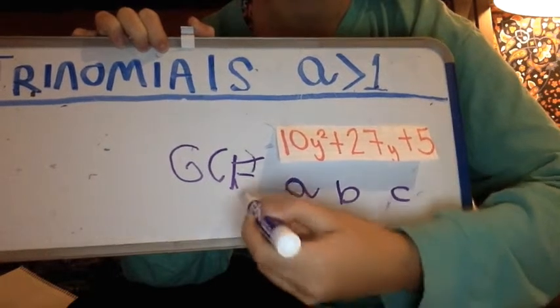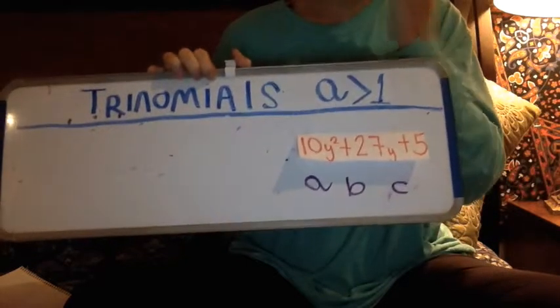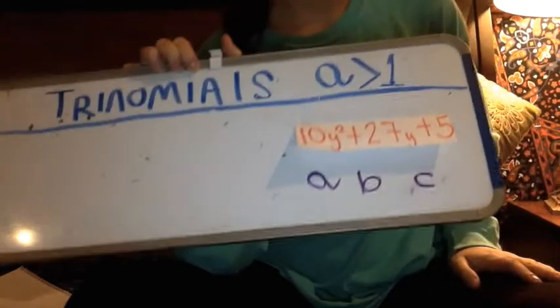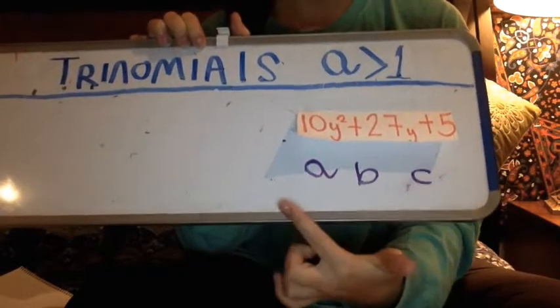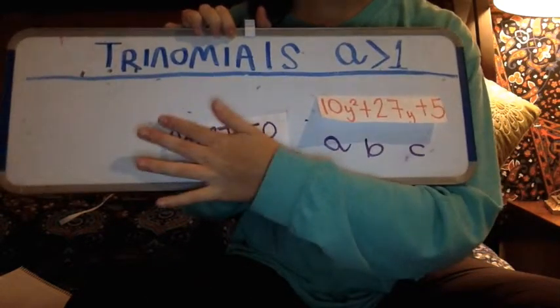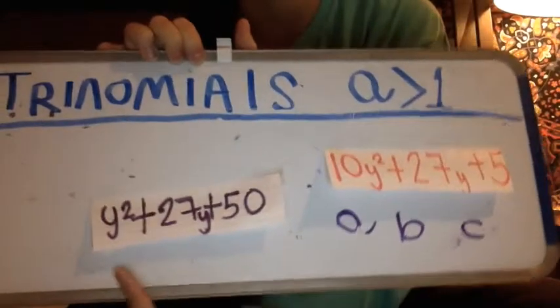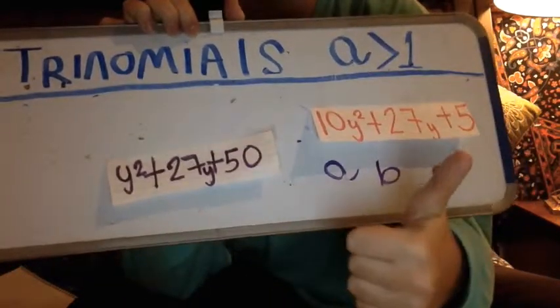Now we move on to the next step, transforming our trinomial. We want to do this so we can have a simplified version of the original problem. Always multiply variable a times c to substitute c. This will allow us to get rid of variable a and simplify the whole trinomial. Now we're left with,